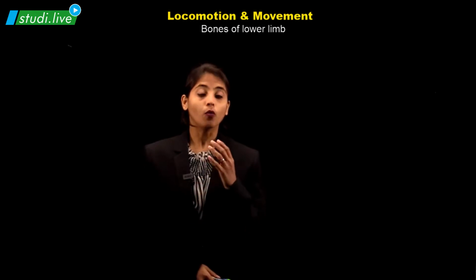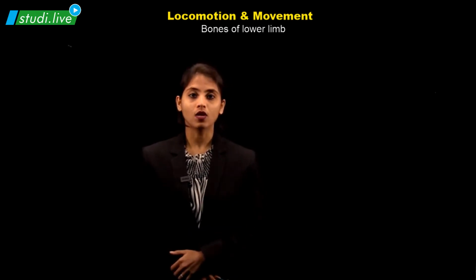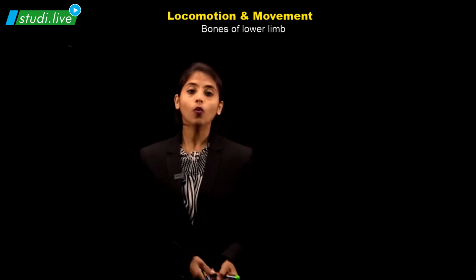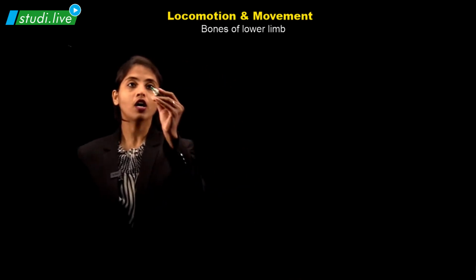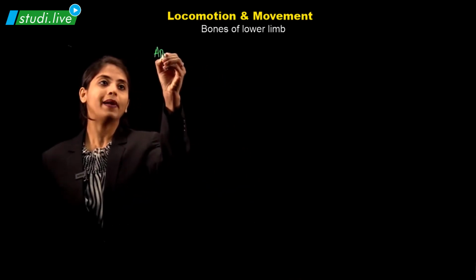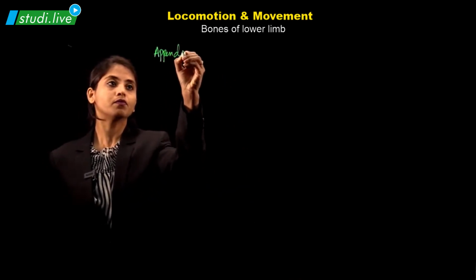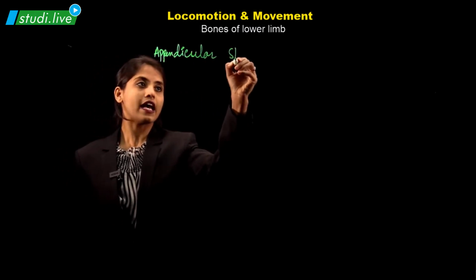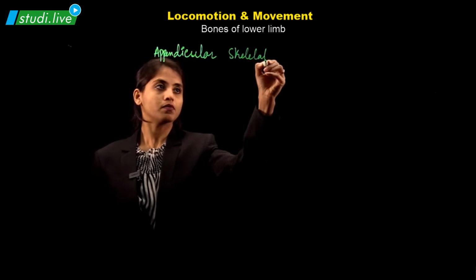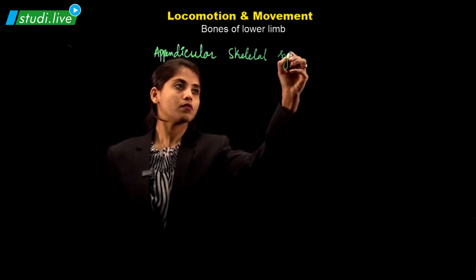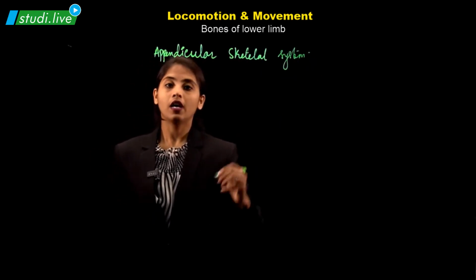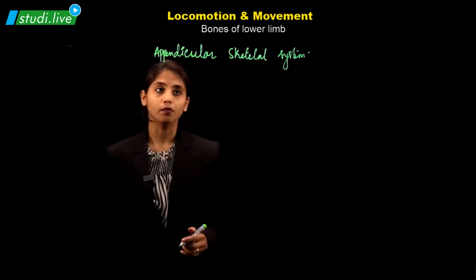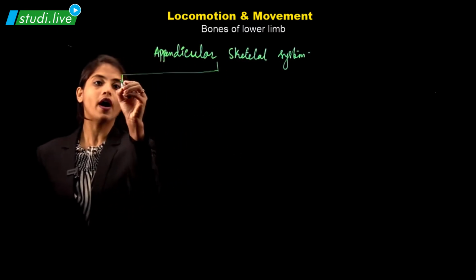Today we'll be learning about the bones, but which part? The lower limbs. Well, let me tell you, the lower limbs is basically the part which is from the appendicular skeletal system. Appendicular skeletal system. And this is basically divided into